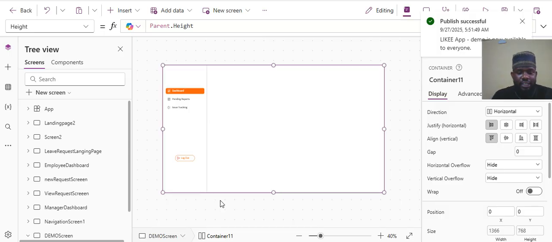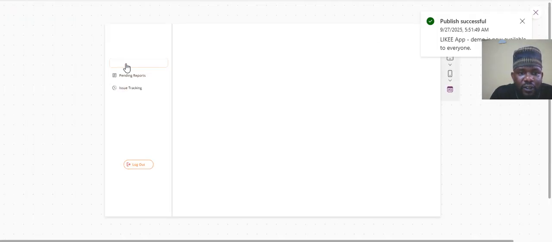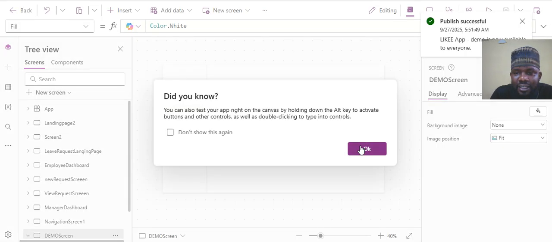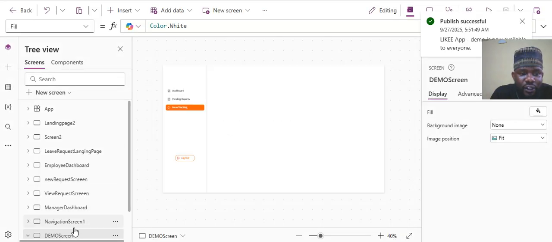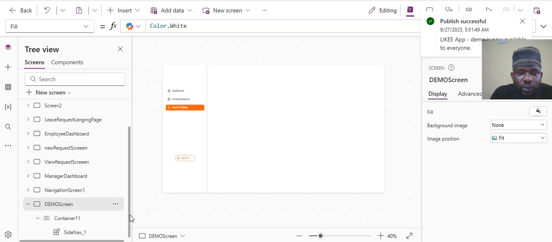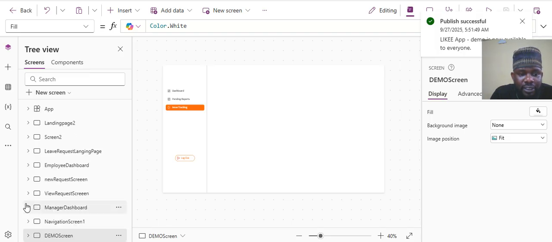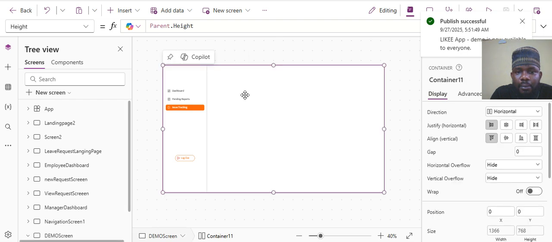Alright, so the next thing is showing us how we can navigate. Once you click on this, it will navigate to this dashboard screen. Once you click on this, it will navigate to this. Once you click on this, it will navigate to this. So to do that, we'll have to duplicate this screen to 3. I'll duplicate it to 2 places. So let's add, I want to add